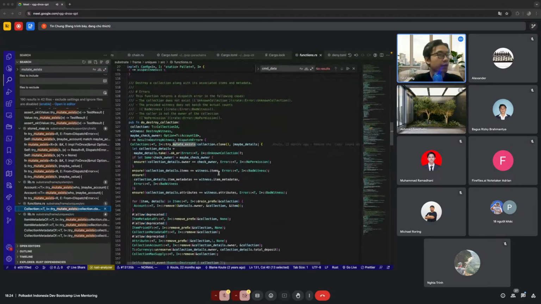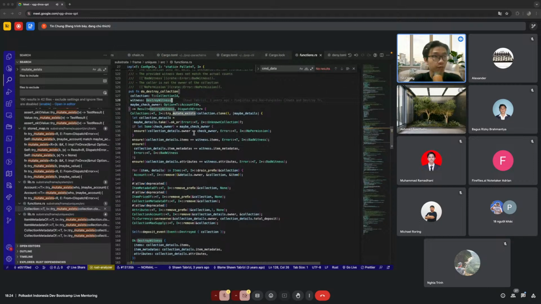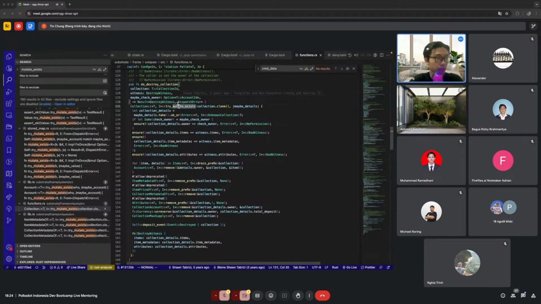Okay, so here I have the pallet unique. This pallet unique is basically the pallet NFT, which provides the non-fungible token management functionality to the runtime. And in this pallet unique, you're going to find try mutate exists.